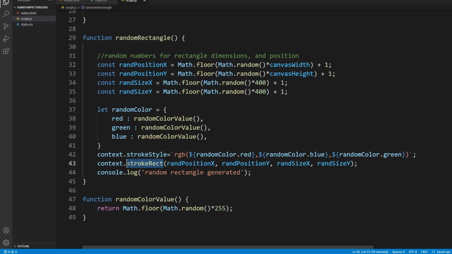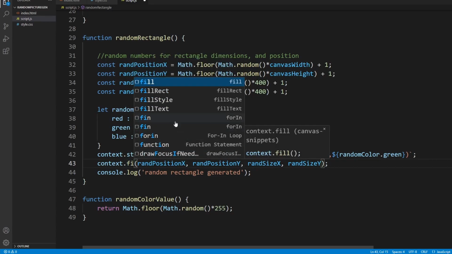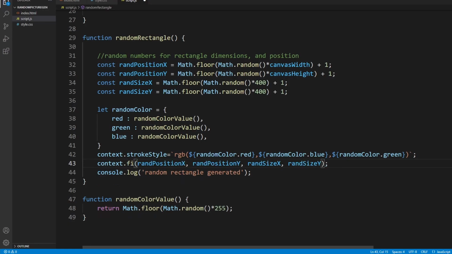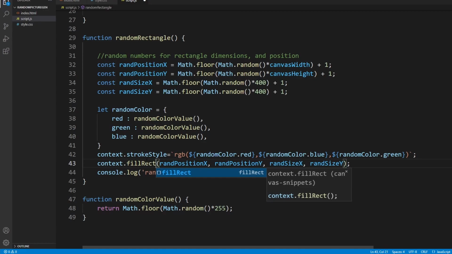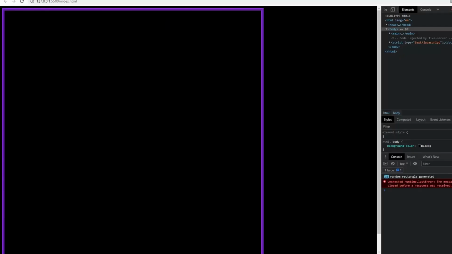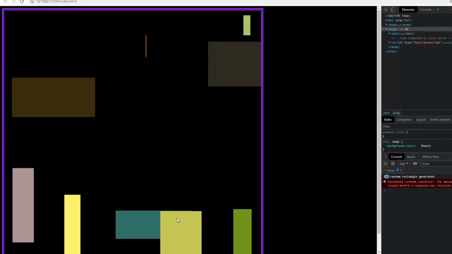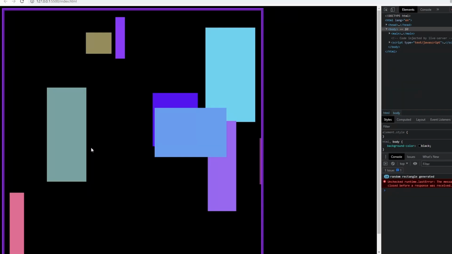So maybe likewise I'll try fill rectangle, and it gives you a filled rectangle, and instead of that I'll do fill style, which instead generates filled in rectangles like that. And so I'll keep it like that for filled in rectangles. So this is what I have right now: a random picture that generates 10 random rectangles for now